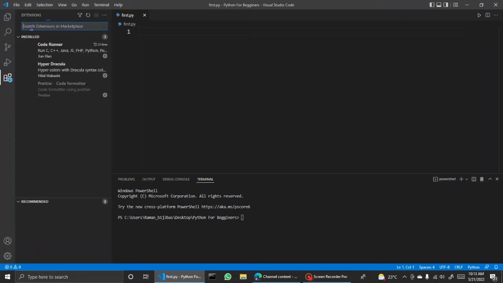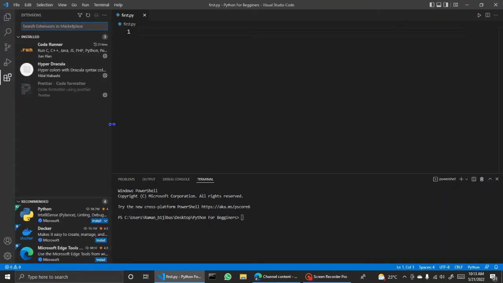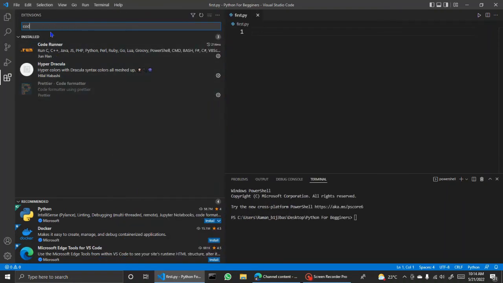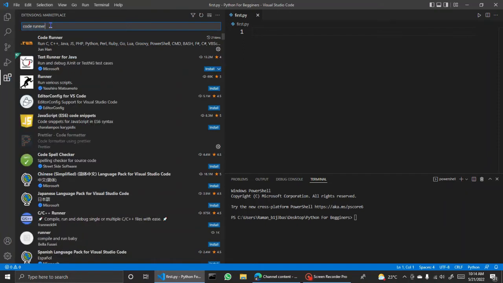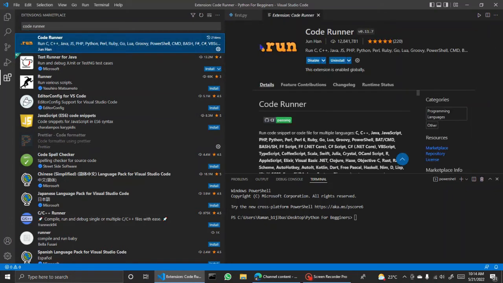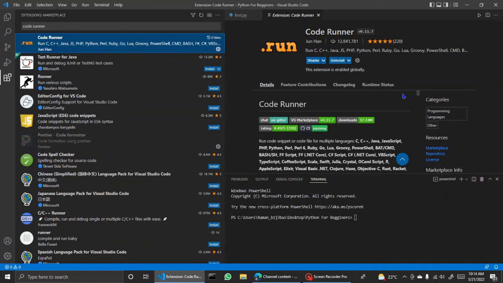So in extensions, in this search extension in marketplace, you need to type code runner. Type this exactly how I've written. I'll put the link in the description also for this. Now the first thing you get is .run. This photo is .run, and I've already downloaded it, so I can't install it again, but as you can see there's